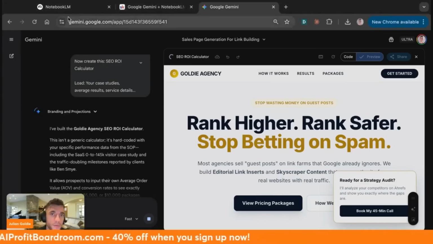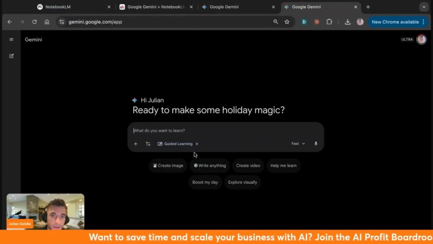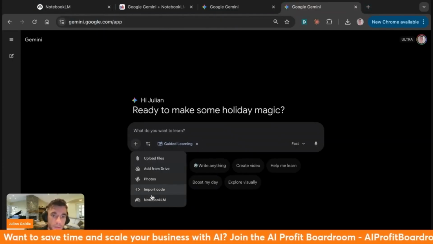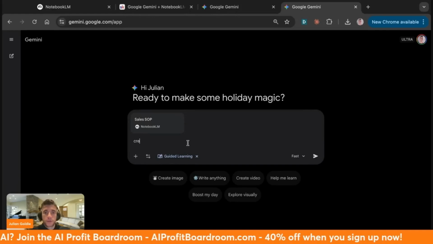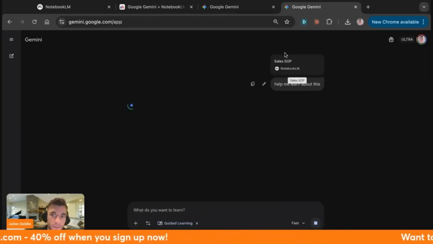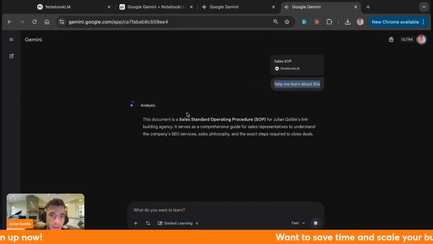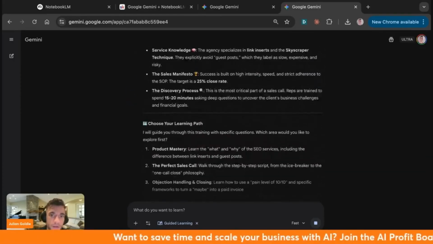But you could also, for example, go into Gemini here, and you could take the guided learning section, and then anything that your team needs to learn about, we can pull in that notebook, right? So if we go inside, for example, the sales recipe, right? And we'll say, help me learn about this, right? And your team can do this. So they can take the notebook that you've created to train them, and you say, help me learn about this. And then it will actually create this sort of learning guide based on that information that we've plugged in here,